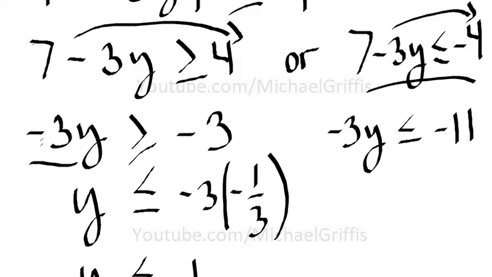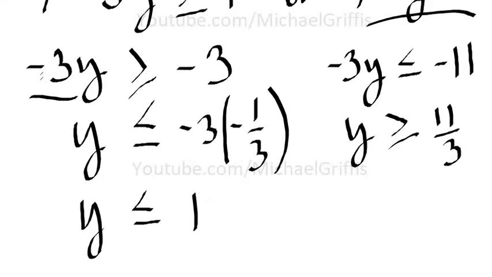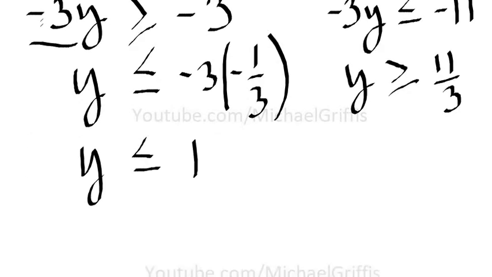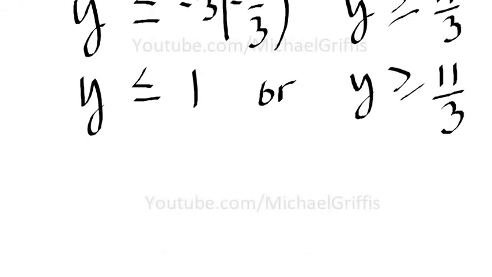Now we're going to multiply both sides by negative 1/3 once again. And what does that do? Okay, you have to flip the inequality, and that's going to make that 11 over 3. Multiplying both sides by negative 1/3. And a negative times a negative is positive. Right, but remember to flip that inequality. Okay, so we still have or. Alright, and we have y is greater than or equal to 11/3. Okay, so we should